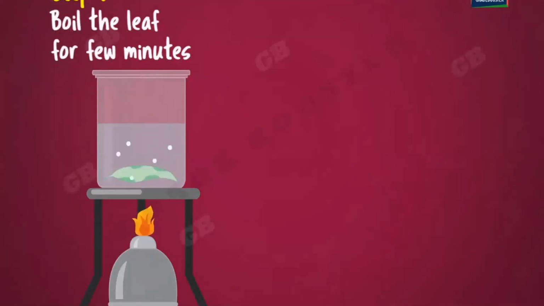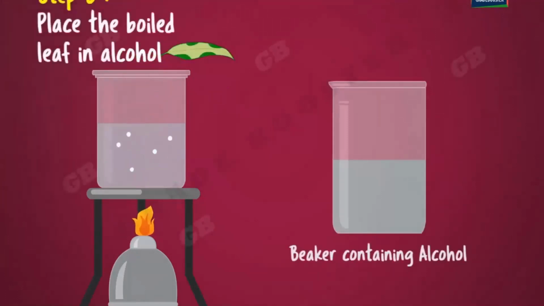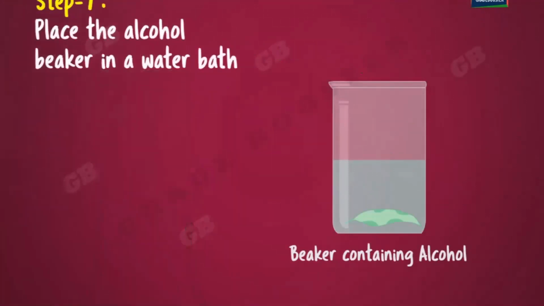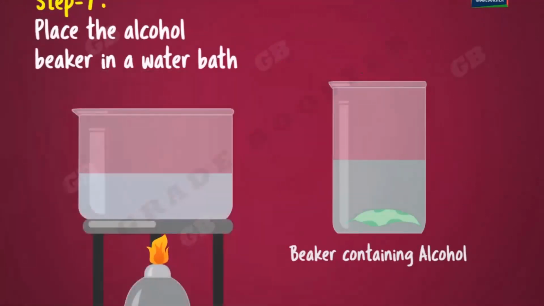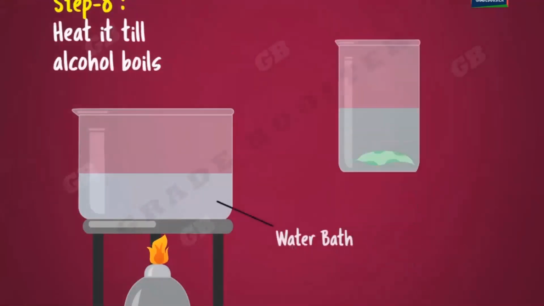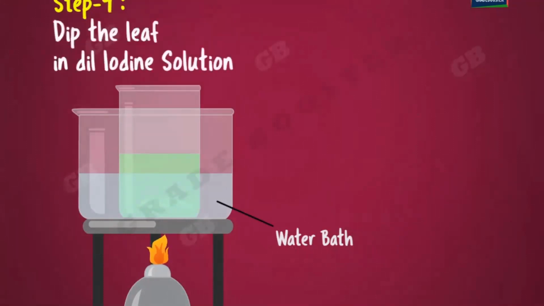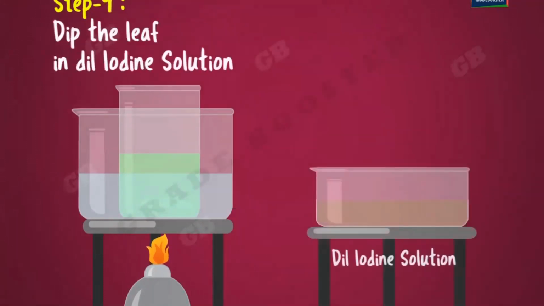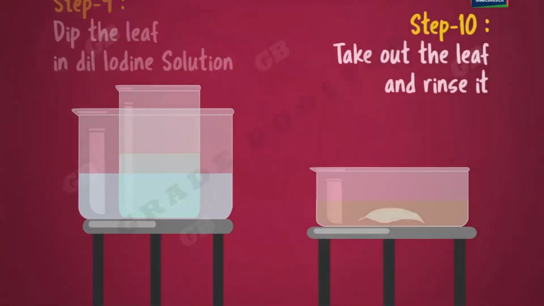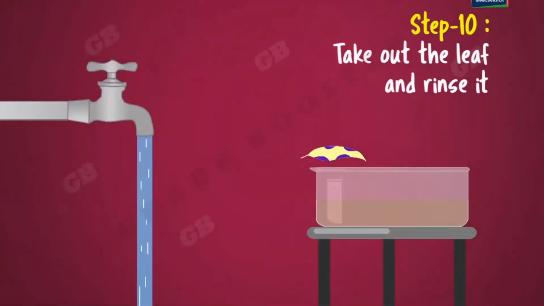Next is to boil the leaf for a few minutes in order to make the cells die, and then place it in alcohol. The leaf is boiled in alcohol because alcohol dissolves chlorophyll. We boil in alcohol using a water bath, because alcohol is otherwise highly inflammable, so avoid direct heating of alcohol. Then after removal of chlorophyll from the leaf, this colorless leaf is put into iodine solution, and then after rinsing it, we need to